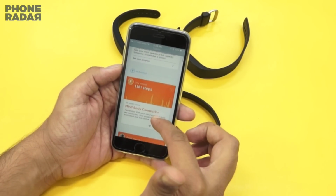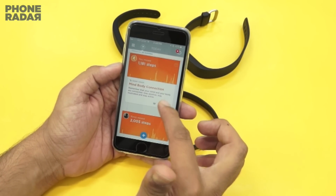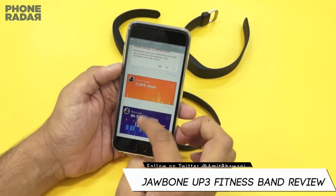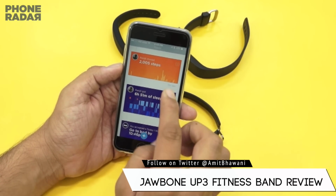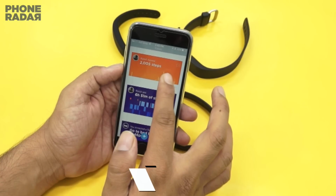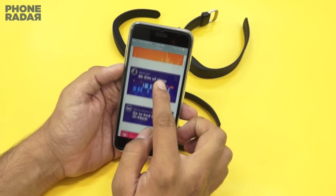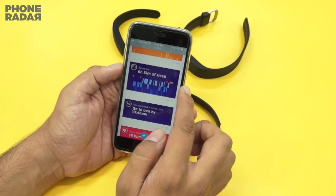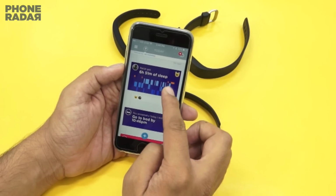Next up, under this timeline you find all the activities, and here you can also find your friend activities. So here Ranjit is my friend, and here you can find his steps, which is like 2005 steps moved today, and he had slept around 6 hours 51 minutes. Now I can just cheer him here, which is a good thing, so he would get notified that Amit has